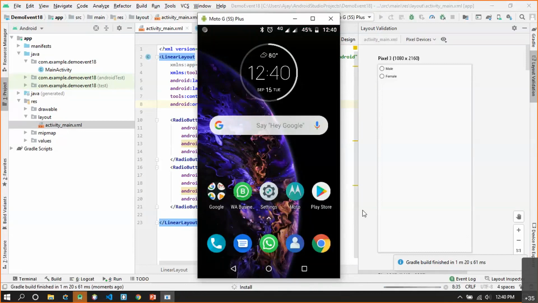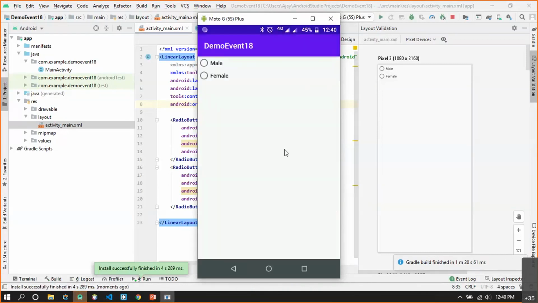As you can see, it's installing the app, and once installed, it will launch the activity. Once I check male, you can see female also gets checked. This is a wrong implementation for the radio buttons. I want to make the two buttons mutually exclusive.